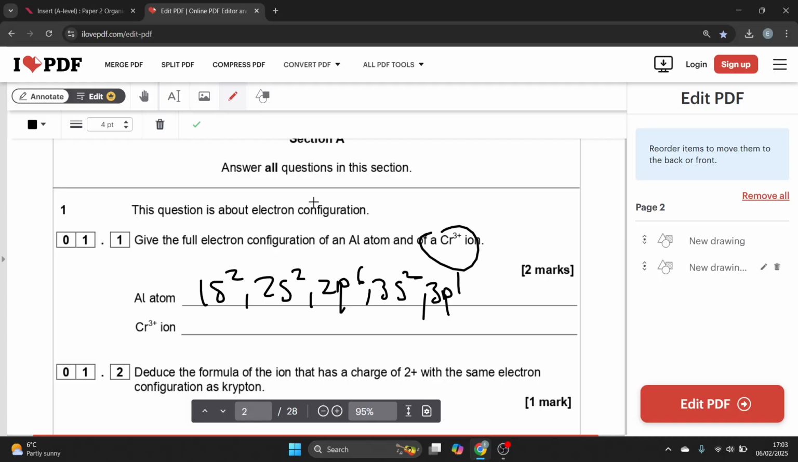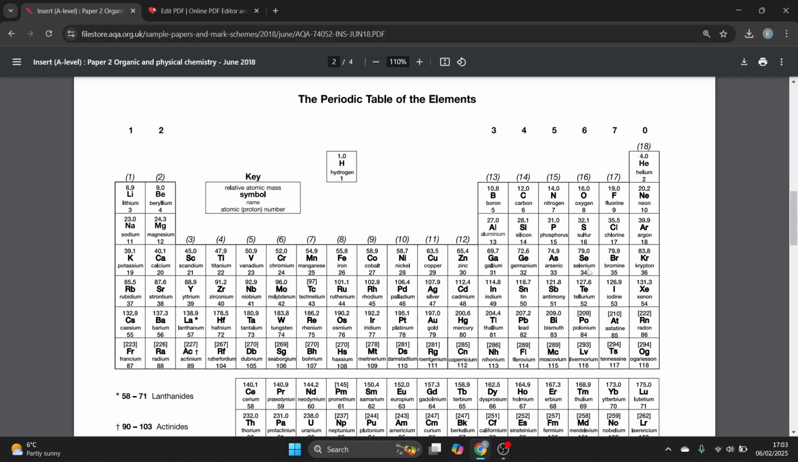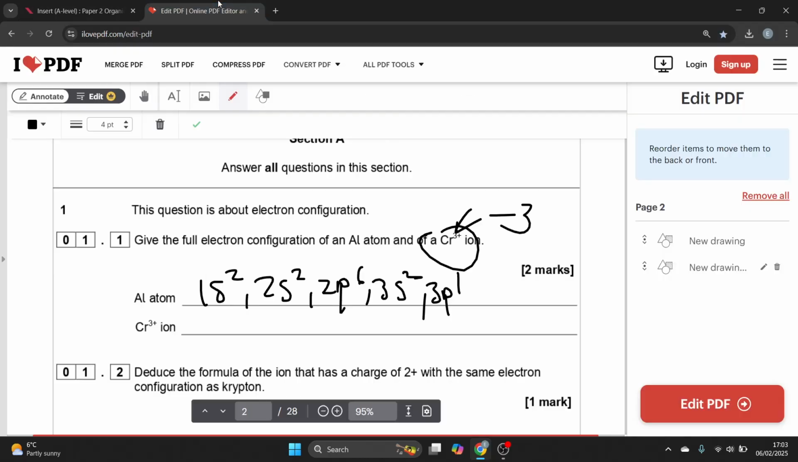And of a Cr3+ ion. Now the thing about this is it's positively charged, and it's 3+ charge. I need to minus 3 electrons from whatever chromium is. So if we look at chromium, there we go, 24 electrons. So I'm going to have to minus 3 to get me 21 electrons. Now if I do that,